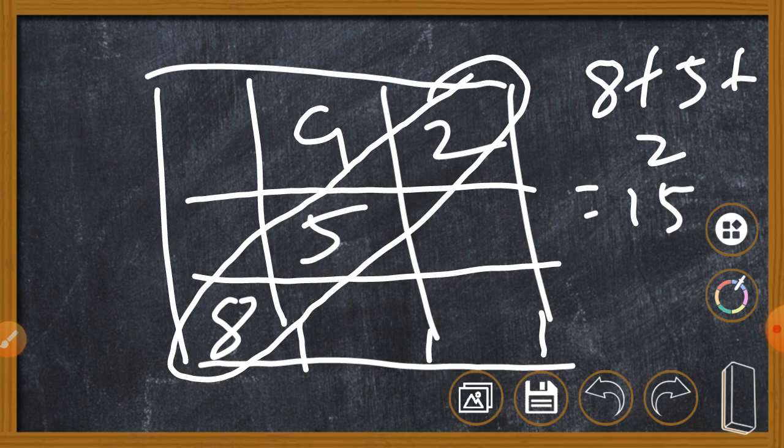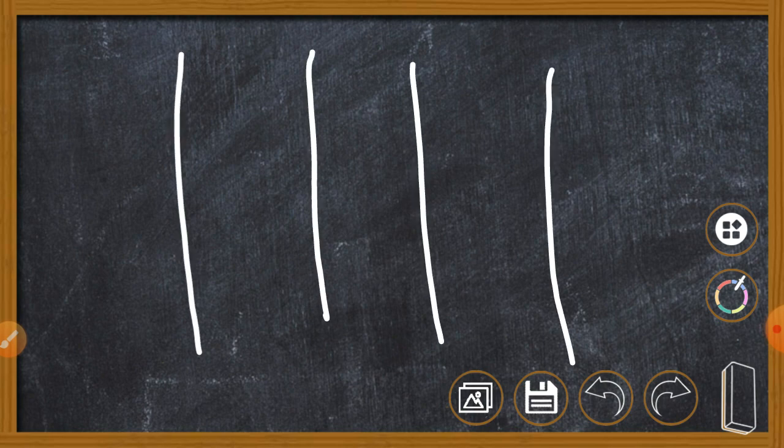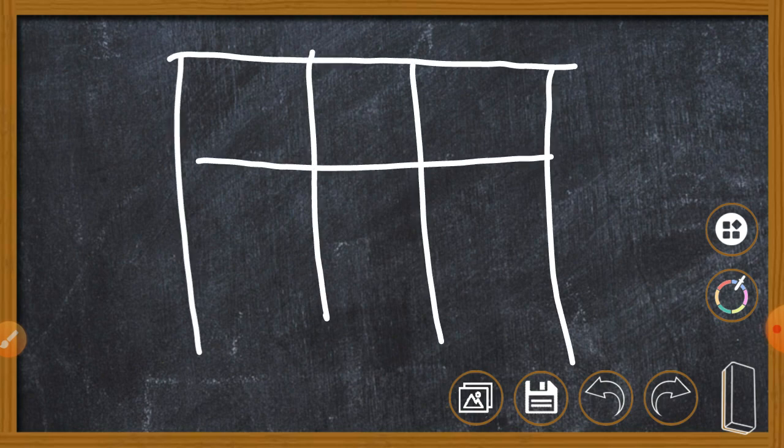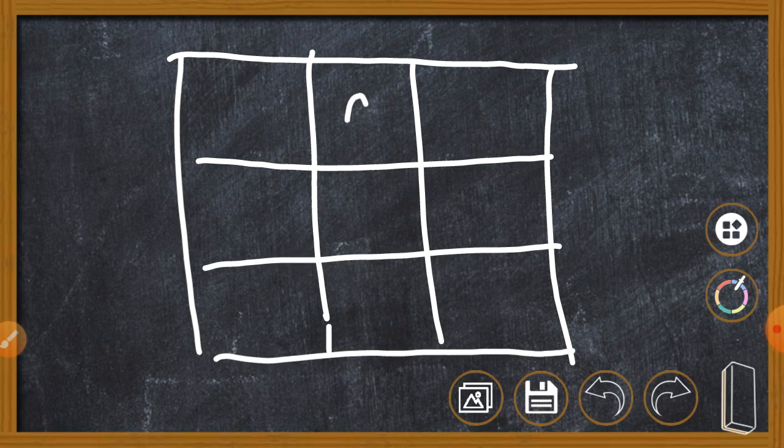Okay, so let's do it then. 9, 2, 5, 8. Now you need 15 for each and every one: from side to side you need 15, from top to bottom you need 15, and from corner to corner you need 15. Okay, so let's go like this. So let's choose from top to bottom. Acha, let's get to the sum only.